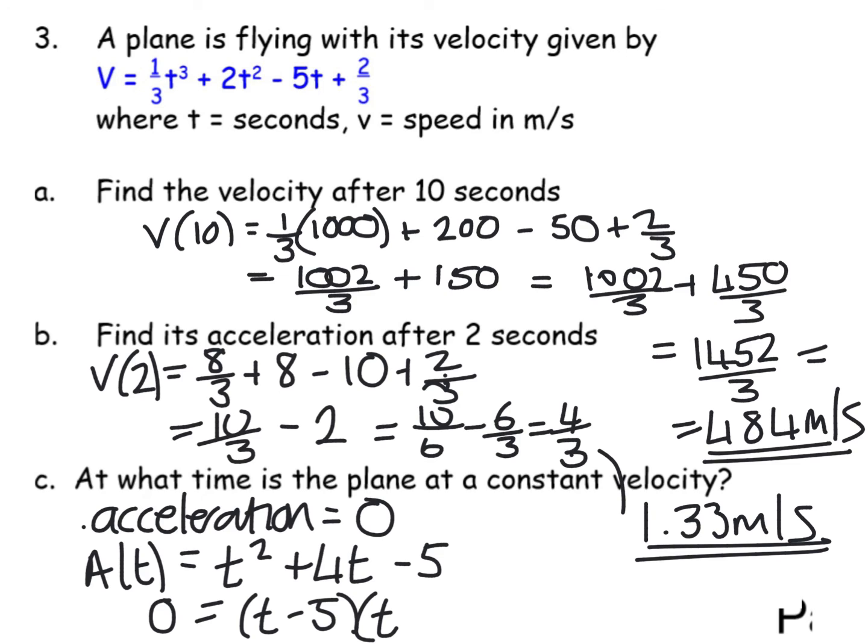No, I've done that the wrong way around, haven't I? So it should be t plus 5 and t minus 1. And that gives you t is 1, or t is minus 5. You can't have minus 5 seconds. So the answer is 1 second